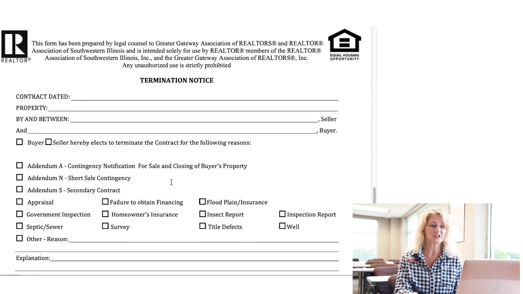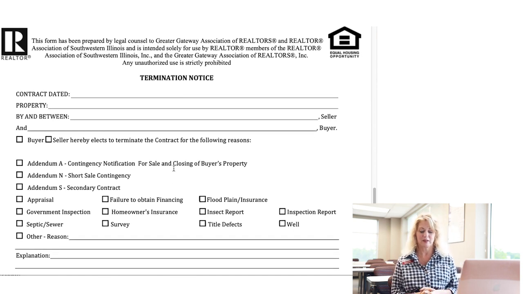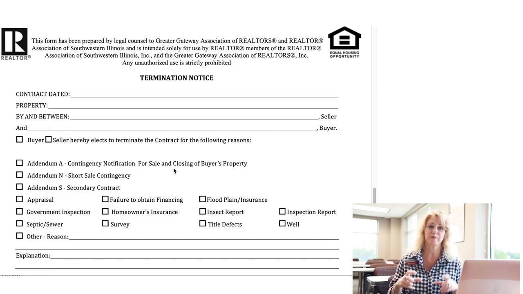Okay, so the termination notice: if there is a defaulting party like we talked about in the purchase contract, or if there's a structural defect, or financing has failed, or the appraisal didn't come in right, whatever the term is that the buyer and seller now have some disagreement on or a discrepancy in, then the termination notice would be implemented. And again, that is discussed multiple times in the purchase contract,